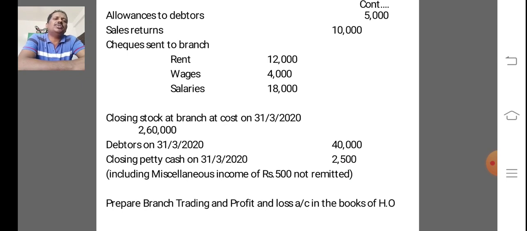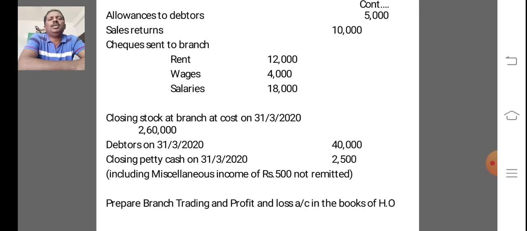Allowances to debtors 5,000, sales returns 10,000, cheque sent to branch rent 12,000, wages 4,000, salary is 18,000, and finally closing stock at branch at cost on 31/3/2020 2,60,000,